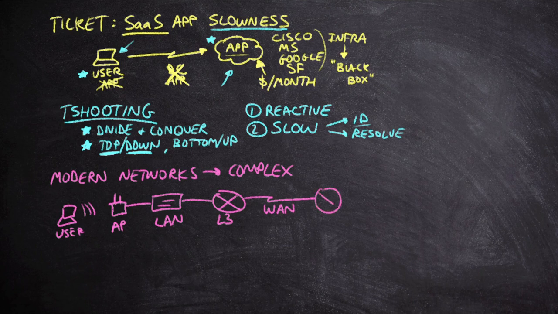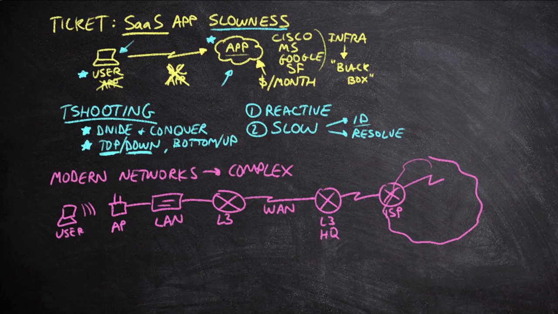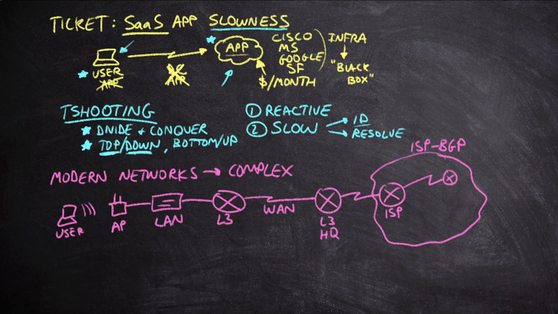We might be going back to another layer 3 device in the headquarters, for example. Let's say this is a user at a remote branch site, so they have to connect back to headquarters, and then they're going to get routed through the layer 3 network to an ISP router. And this ISP router then is connected into the ISP network here, and we could draw this as another black box. We could draw it as a cloud, but ultimately, if I draw it like this, I suppose, this could be the ISP's network. It's built on BGP. We have many BGP autonomous systems involved, and so we've got routers in here, lots and lots of routers.